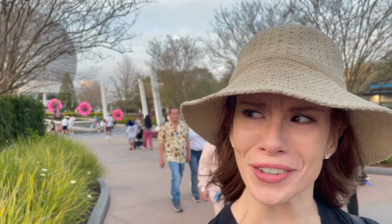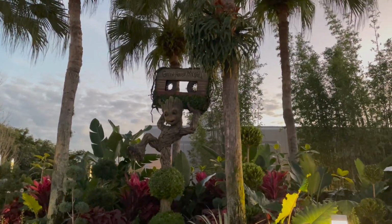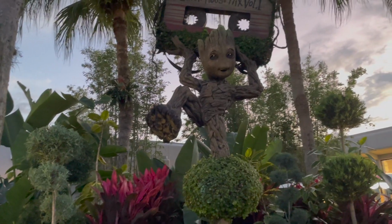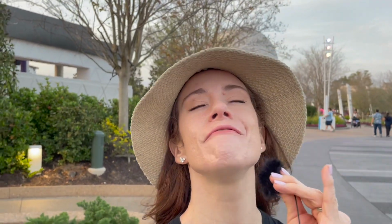Then there's Baby Groot, or well, maybe Teenager Groot, but his topiary debuted last year for the festival and it was over by Guardians Cosmic Rewind. This year, however, he is getting a more prominent place. Catch him hanging out over in World Discovery, and do not miss out on the hidden Mickey that he's got going on. And for the first time in 8 years,